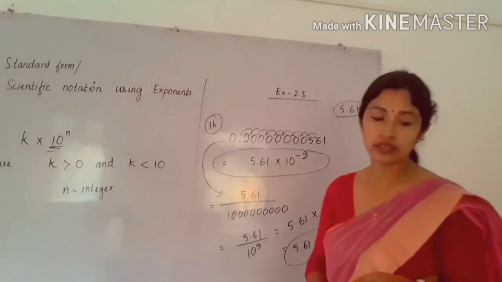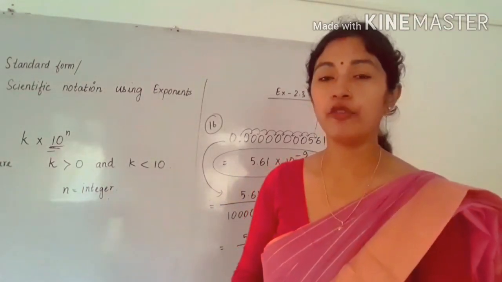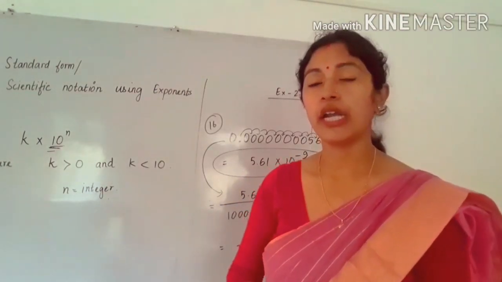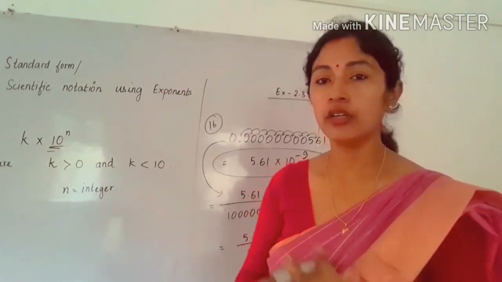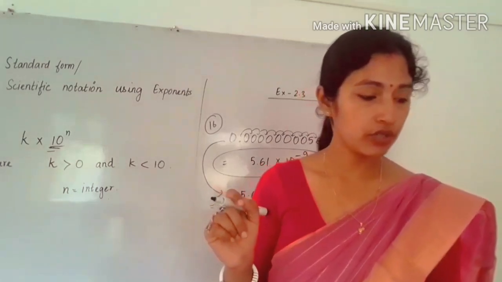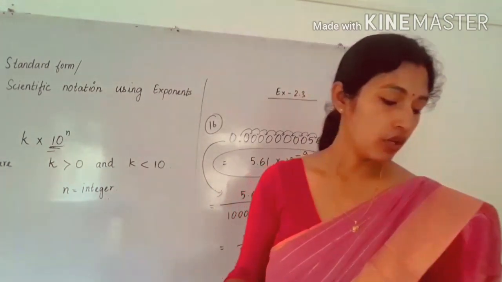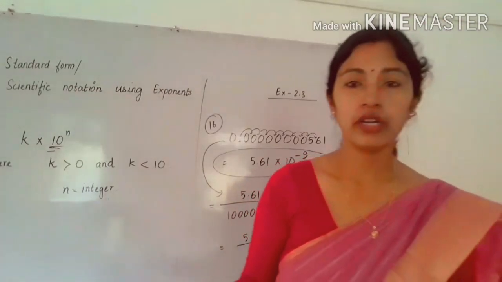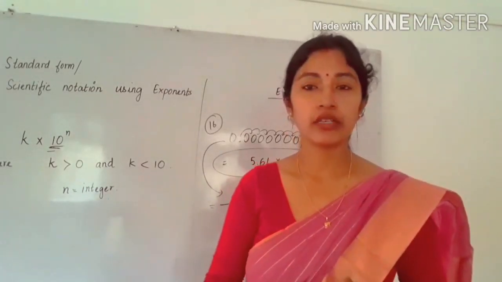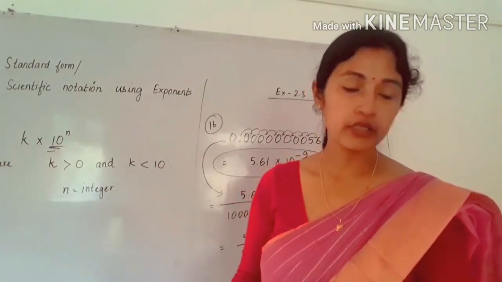Try to do this exercise. In this type of question, you have to express larger numbers and smaller numbers in scientific notation using exponents. So try to do exercise 2.3 and the chapter checkup. In the chapter checkup, you can easily do the questions, because I have already discussed the previous exercises, that is exercise 2.1 and 2.2. So next is multiple choice